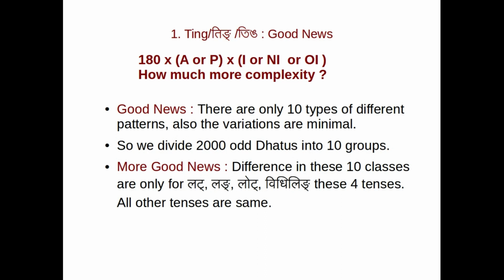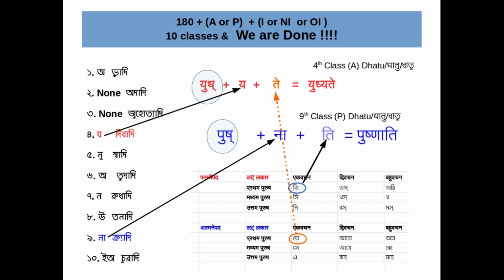So, how these 10 ganas are different? They just insert one additional letter while forming tinganta pada. Here we present a concrete example. For example, the 4th group inserts a letter ya. So the verb yud, which is in 4th gana or 4th group and which is also